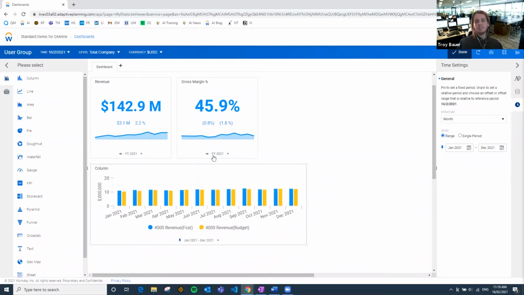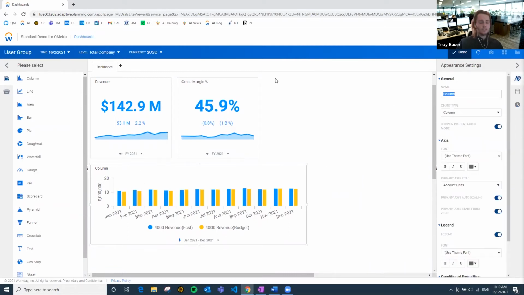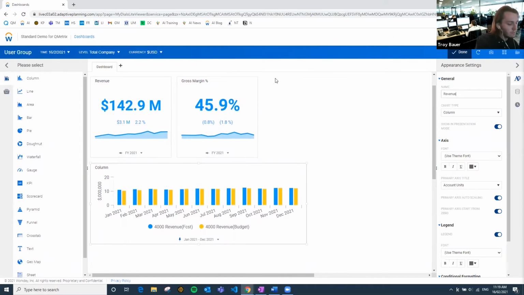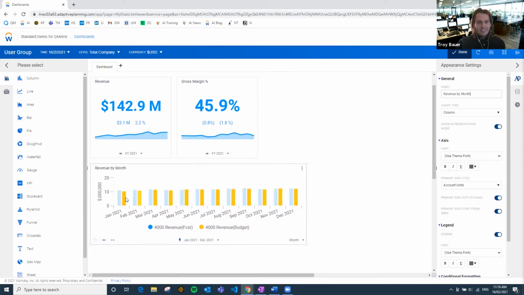What we need to do now is just change up the formatting and make it a bit more presentable. The very first thing we're going to do is change the title like we did before and say revenue by month. The columns here, as you can see, are quite bunched and very similar in value.